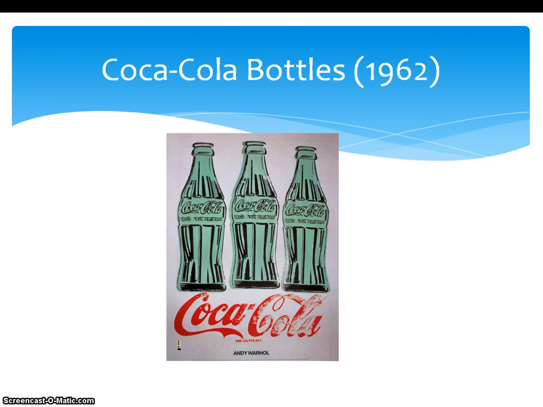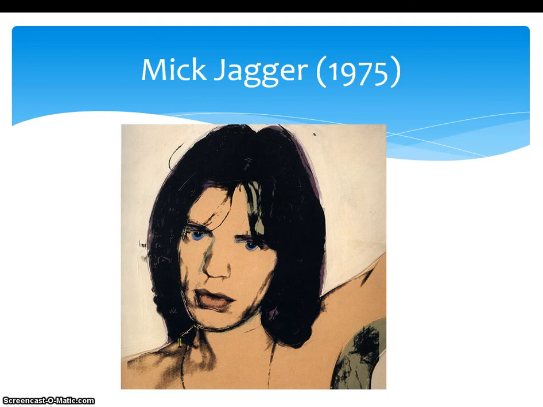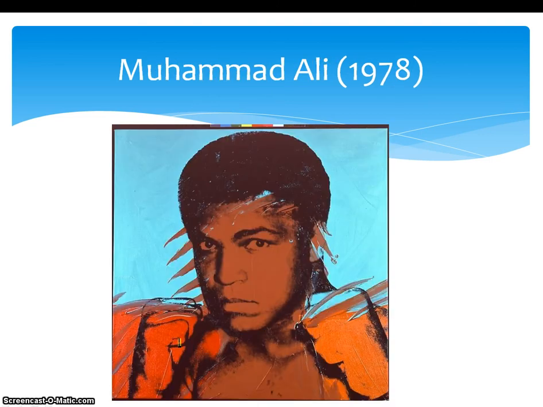The reason why he does Coke is because he said that was American. Overindulgence with consumerism and how everyone drank Coke. The president, Elizabeth Taylor, who was a popular actress at the time, it was America. And he would paint bottles and cans and people drinking it and all sorts of things. This was the famous Campbell's soup can that he did, 1968. Mick Jagger, Muhammad Ali, talked about how he was fascinated by celebrities.